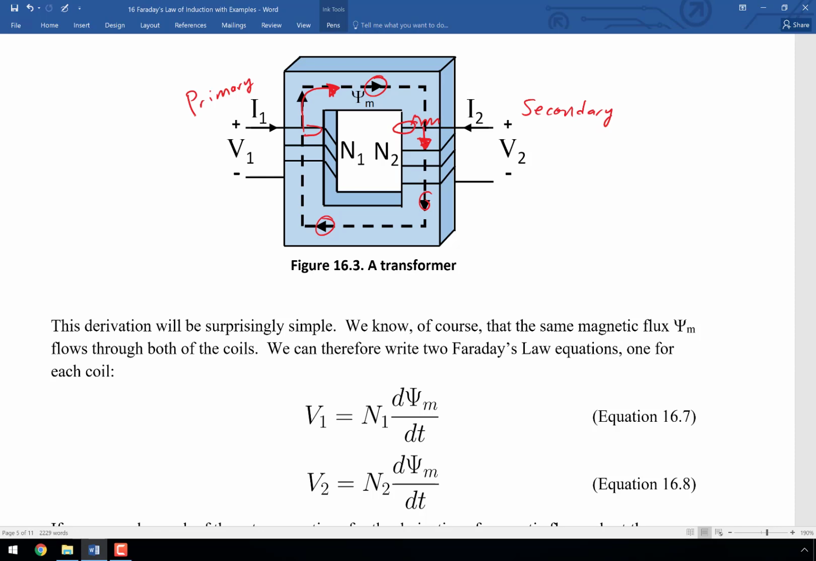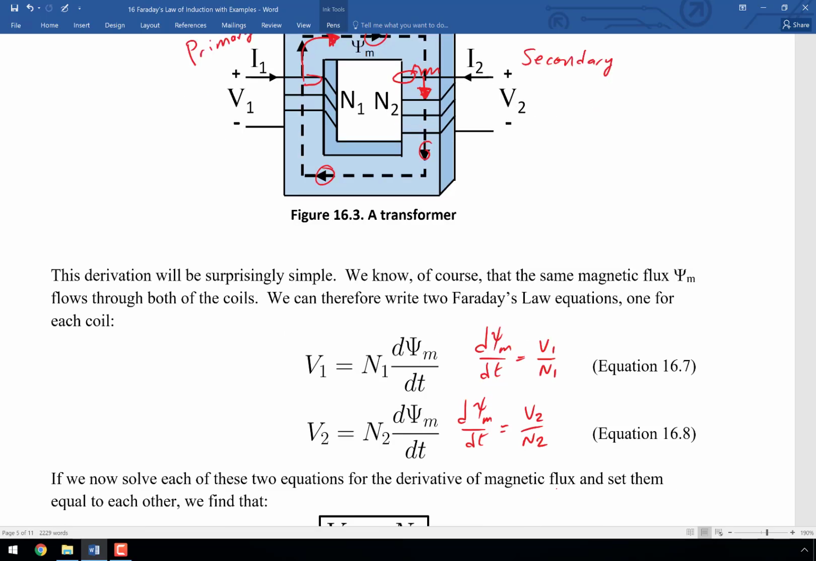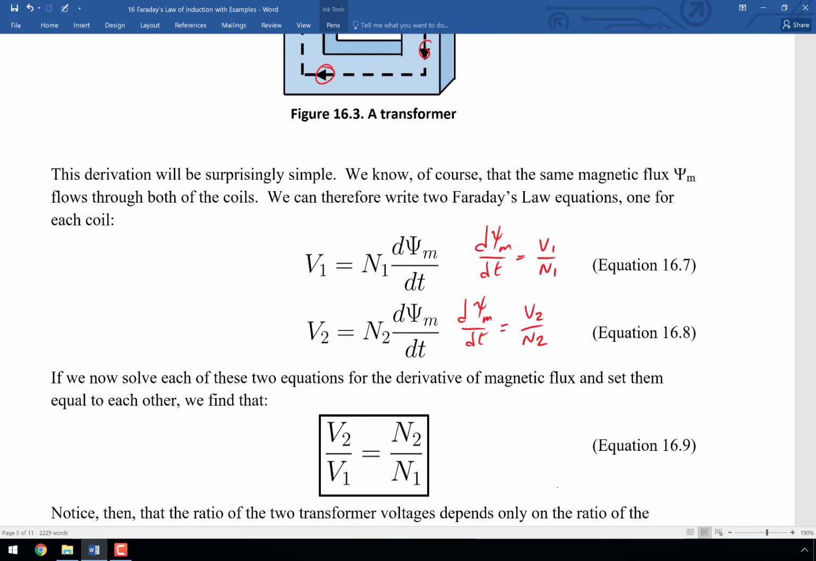And we know that Faraday's law says that V1 is equal to N1 dψm/dt. But that same ψm is also flowing through the secondary coil. So V2 equals N2 dψm/dt. We can solve each of those equations for dψm/dt. So dψm/dt is equal to V1 over N1, and dψm/dt is equal to V2 over N2. And if dψm/dt equals each of those quantities, then they must be equal